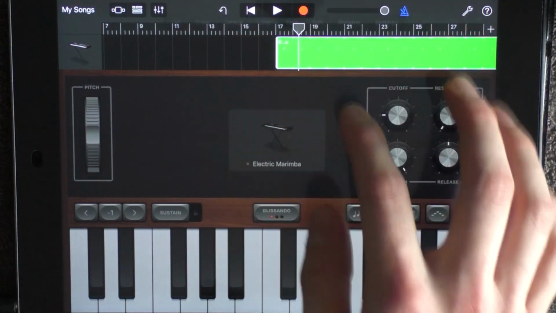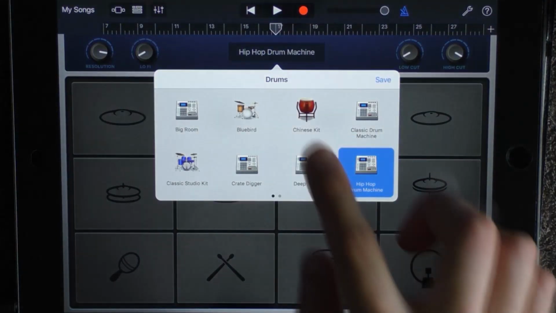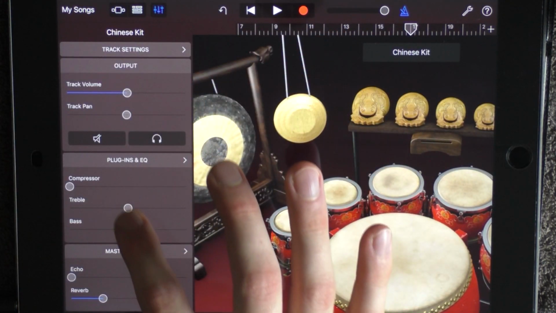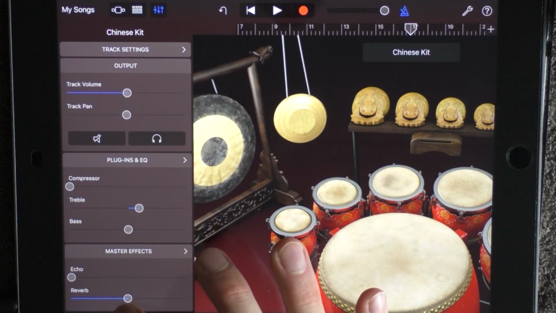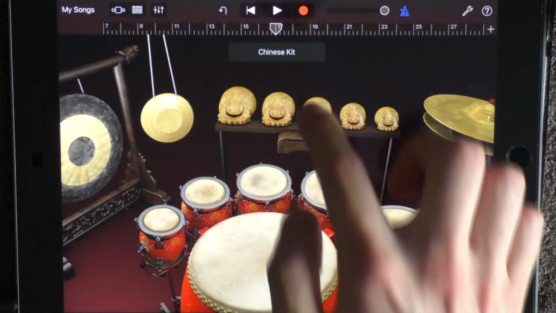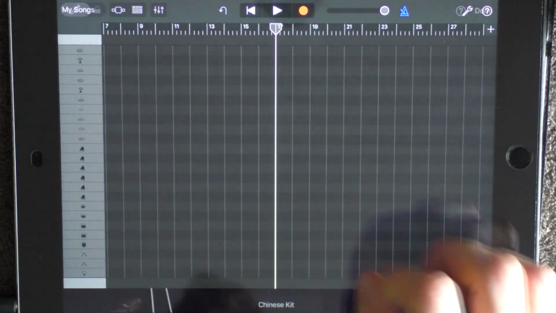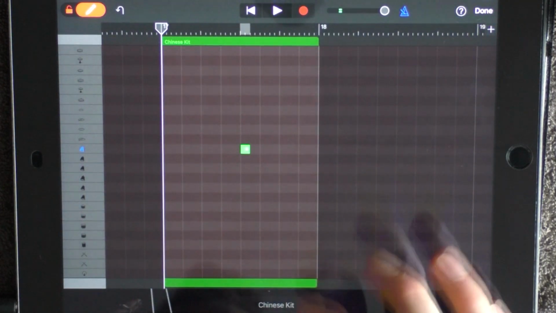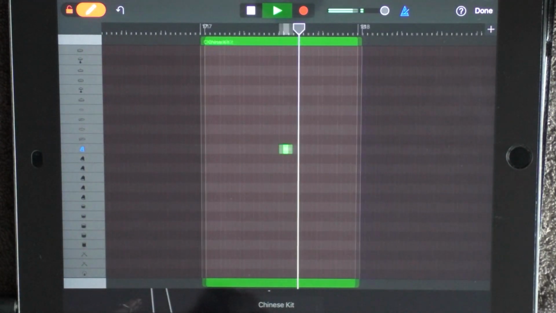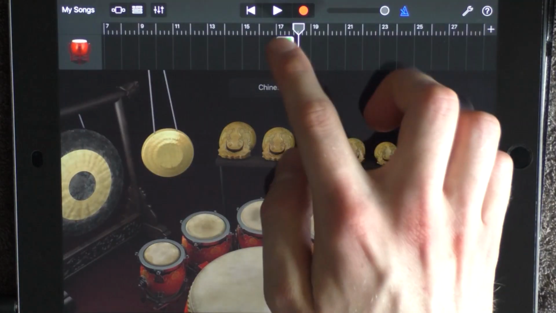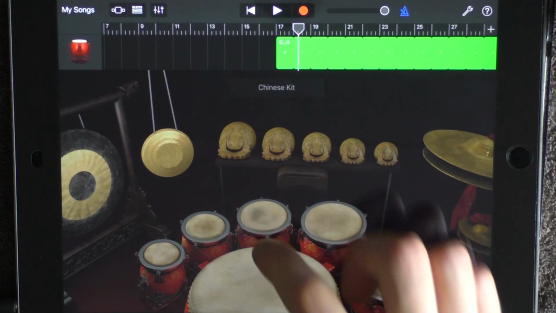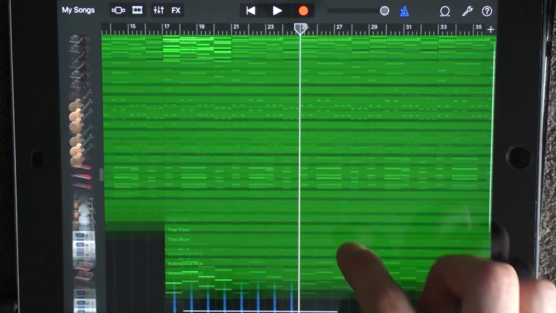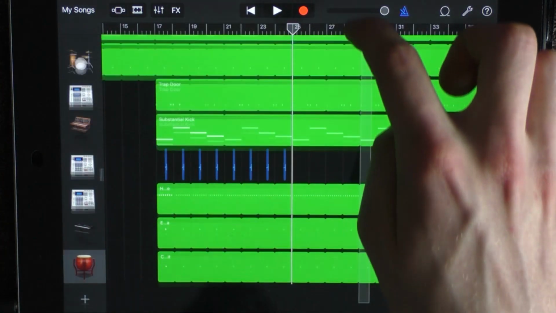And loop it. Add a new drum, and this time choose Shiny's kit. Also have the volume in the middle, add a tiny bit of treble, and have the reverb in the middle. Go into Edit, and put out the highest one of these ones. And also loop it. Now go into the track view, set your marker to 25, and remove all the instruments